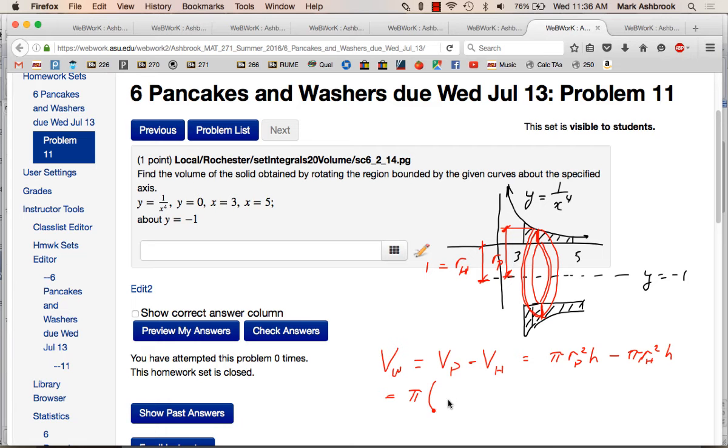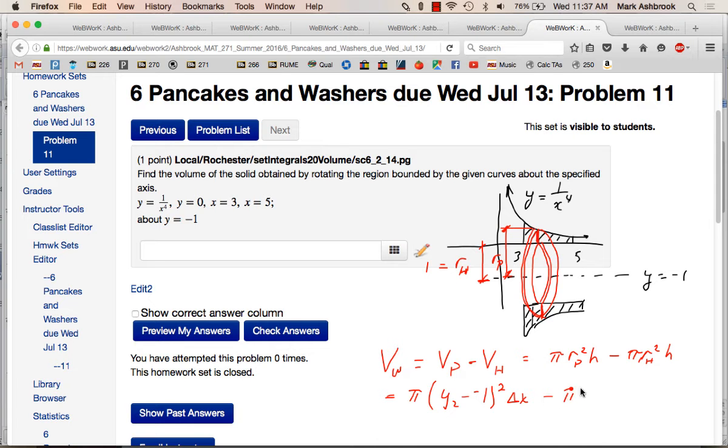So it's going to be y2 minus y1, and y1 is just y equals negative 1, so minus negative 1. Or you can see it's going to be y2 plus 1. Right? It's going to be 1 greater than whatever that y coordinate is. That will be that whole outer radius. And then y2 is simply 1 over x to the 4th. So that's going to be squared times delta x